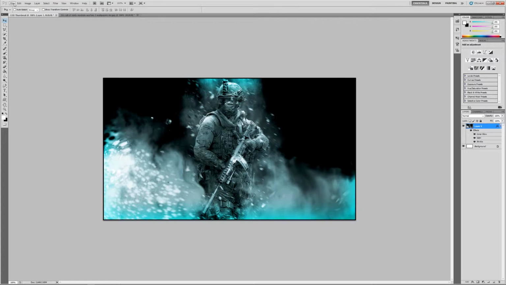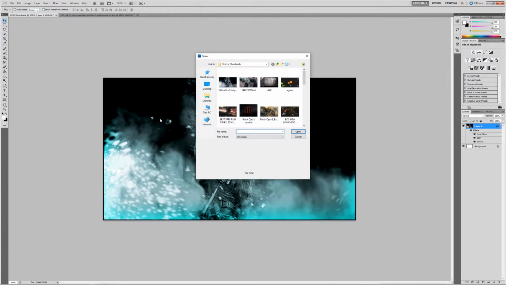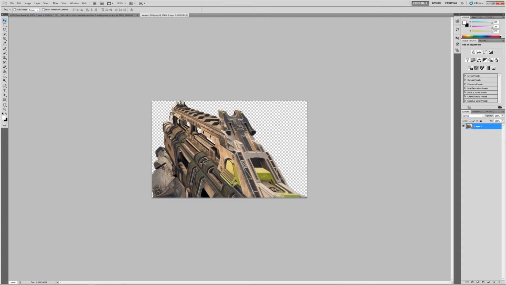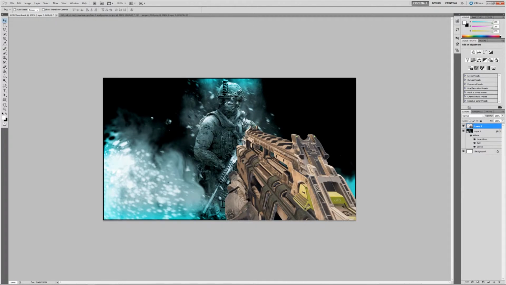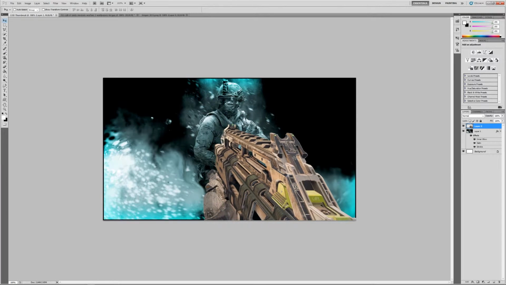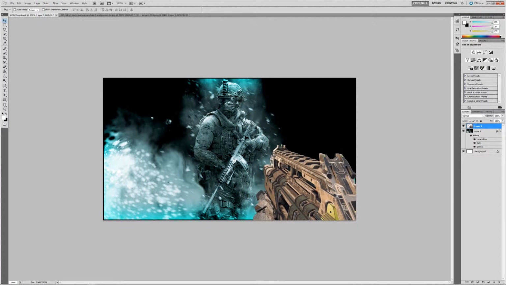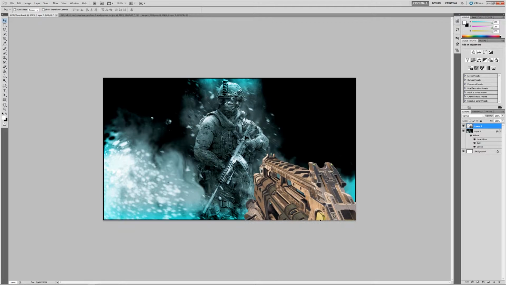Now in my case, I have a gun already saved, and we're going to go to this gun. It's a Vesper. We're going to click on it and just let it load. For some reason it takes a little bit to load. Alright, and then we're going to want to just drag the image onto here. And as you can see, it's a little bit big. So I'm going to try to drag it down to the corner, about right here, so it doesn't take up